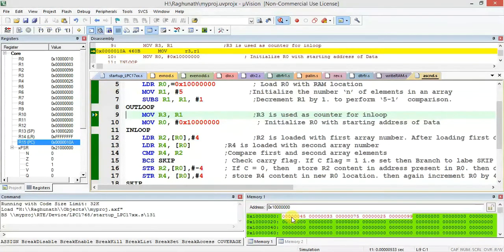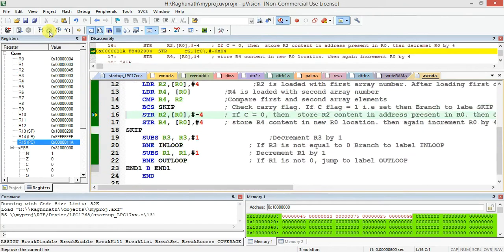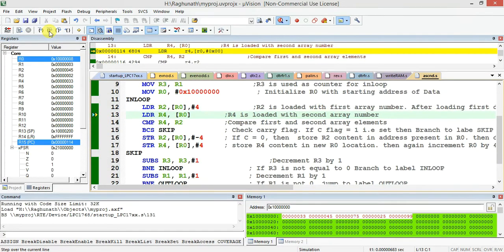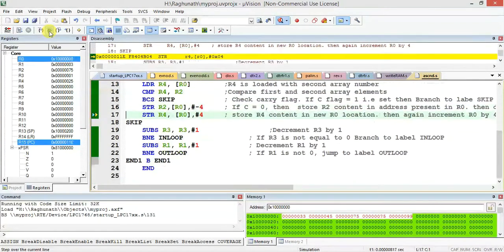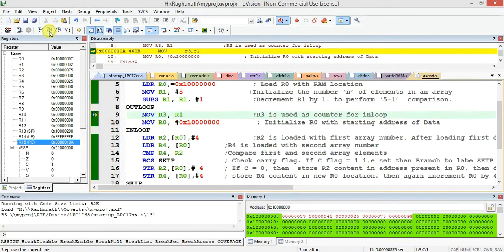So next time this will execute 4 comparisons. In this case, again these two will exchange, because 43 and 33 are not in ascending order, they will exchange, and wherever ascending is not there, those numbers are going to get ascended. The last number is already 99, so no exchange will take place there. I will execute faster. You can see 33 and 45 will get exchanged. Next to 45, 75, they are already in ascending order, so no exchange. Next 75 and 25, they are going to get exchanged.